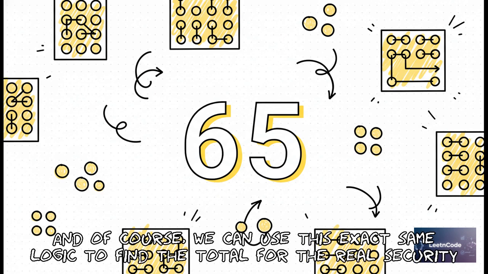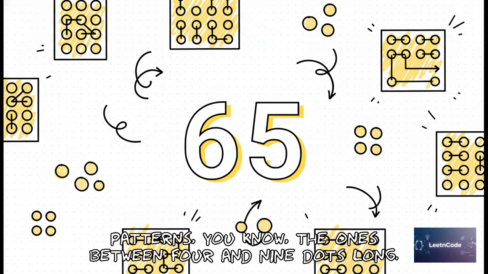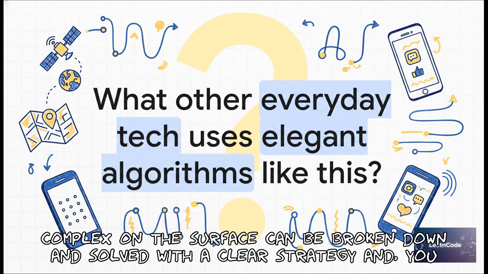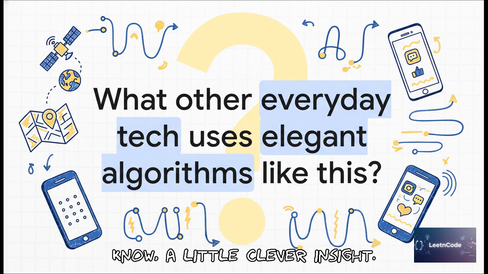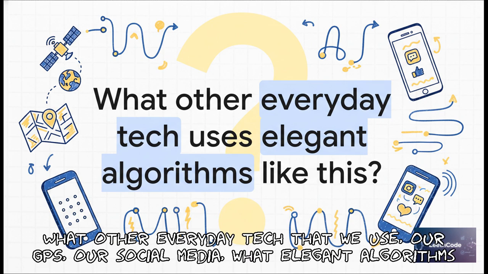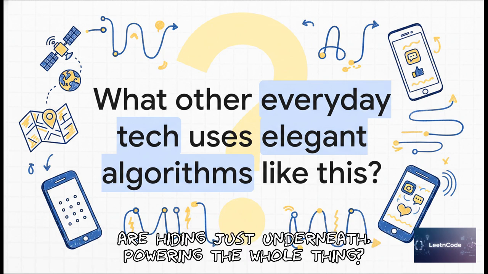And of course, we can use this exact same logic to find the total for the real security patterns, the ones between 4 and 9 dots long. It's just such a perfect example of how a problem that seems really complex on the surface can be broken down and solved with a clear strategy and a little clever insight. It really makes you wonder, right? What other everyday tech that we use, our GPS, our social media, what elegant algorithms are hiding just underneath,